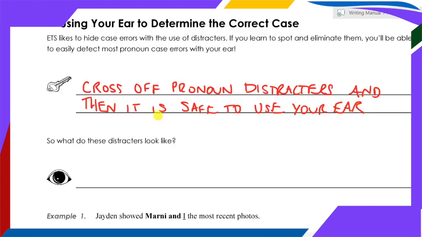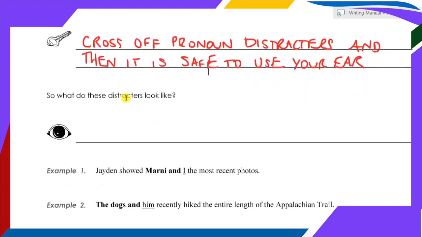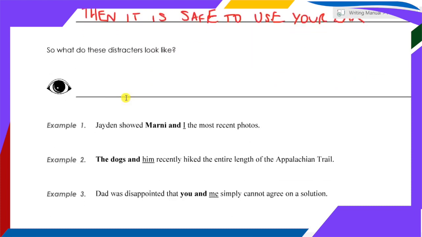Remember that generally on this test, using your ear can get you into some trouble on many rules. Pronoun case is one of those rules where ETS knows that they need to make it very difficult for you to hear the error in order to make the test a little bit trickier. However, if you learn to spot the following distractors and cross them off, you actually can rely on your ear to tell you whether you have a pronoun case error or not. So the tip-off clue for a pronoun distractor will be if you see a